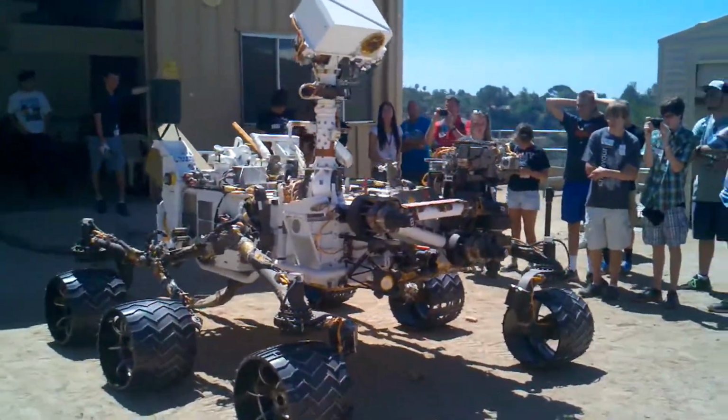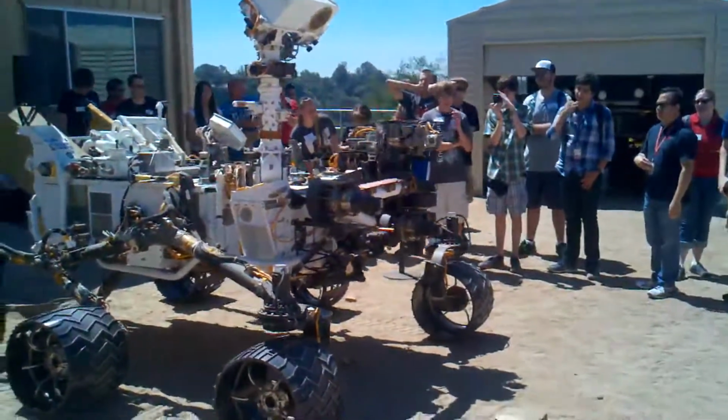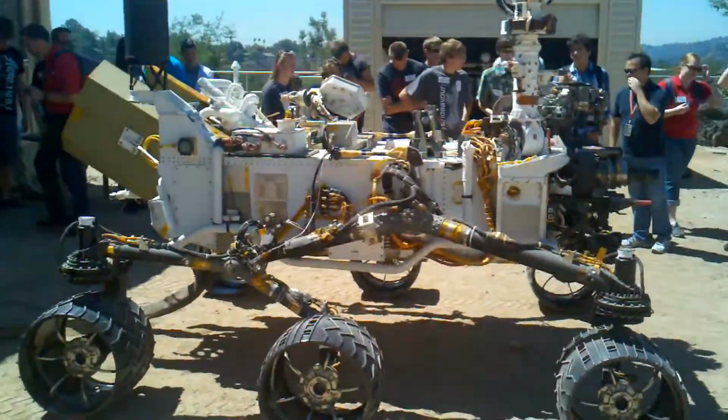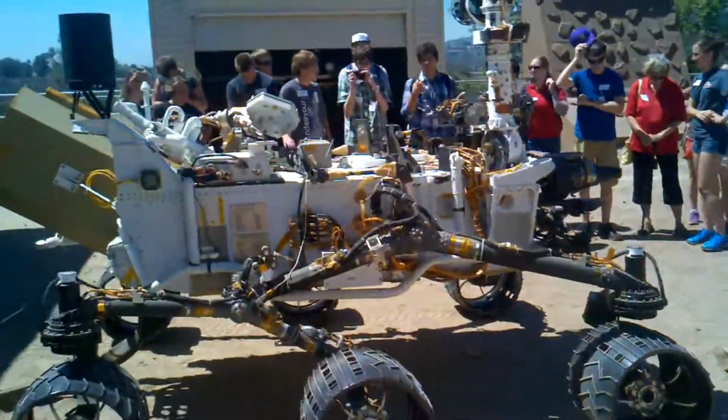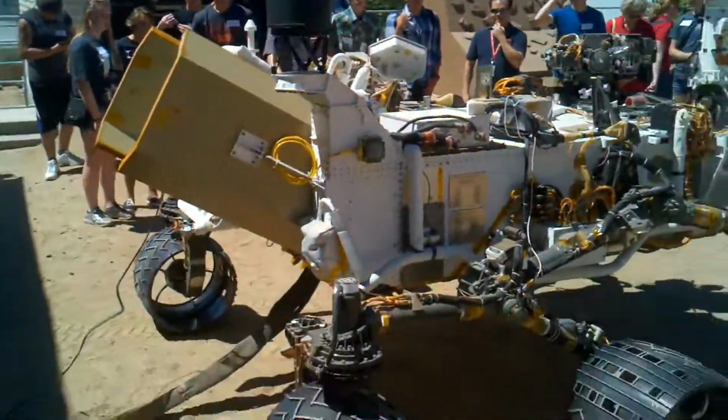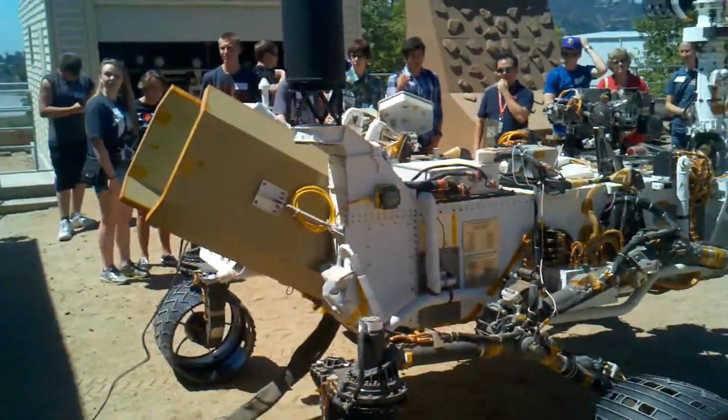As you walk around the front of the rover, it looks very cool. It's actually quite big, like really quite big. This side looks pretty similar to the other side. There's no antenna on this side or anything. Once again, you can see where the reactor should have